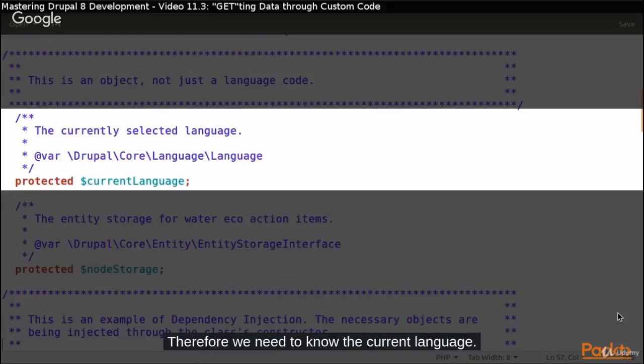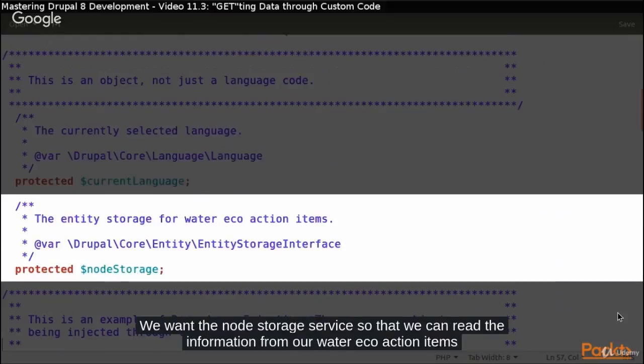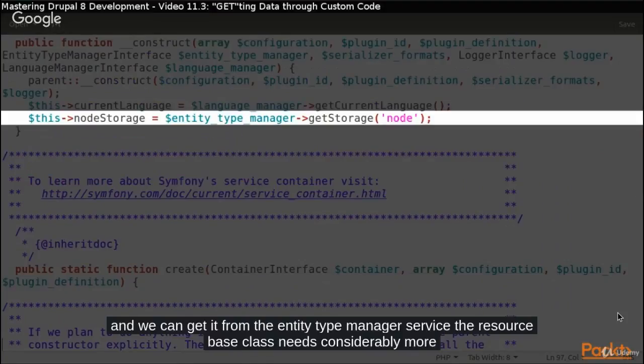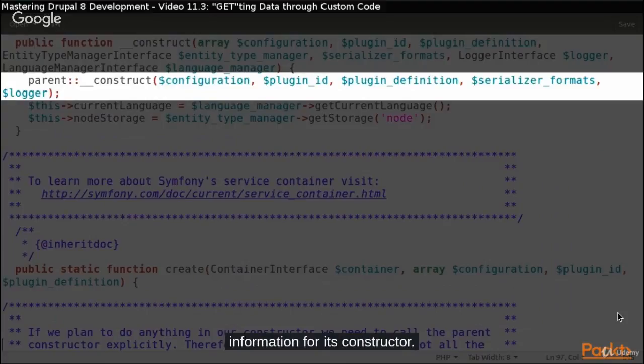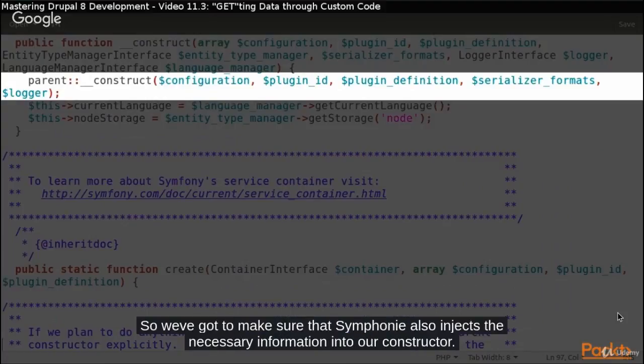Therefore, we need to know the current language. We want the node storage service so that we can read the information from our water eco action items, and we can get it from the entity type manager service. The resource base class needs considerably more information for its constructor. So we've got to make sure that Symfony also injects the necessary information into our